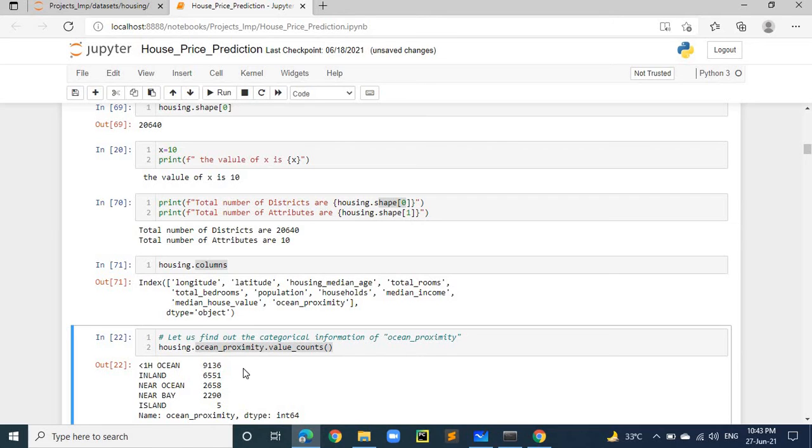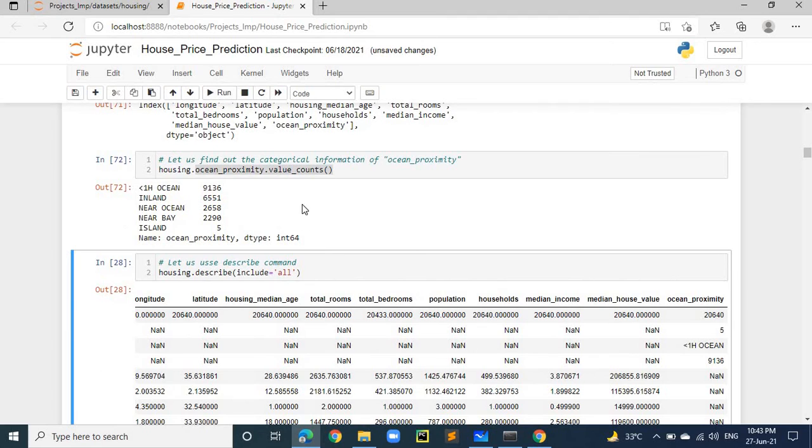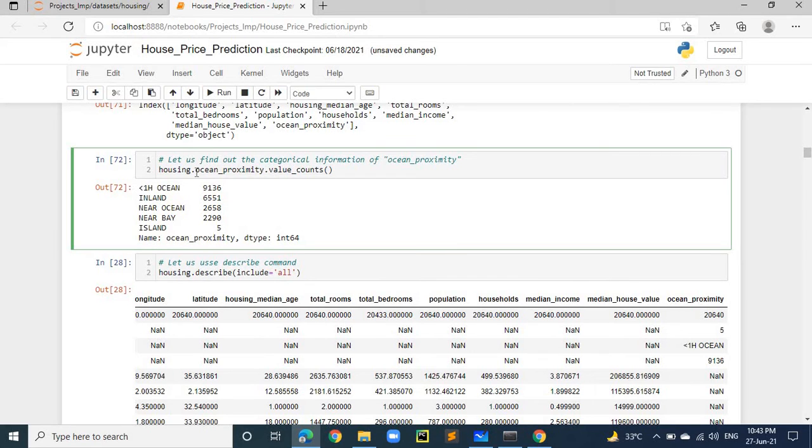If you want to see the categorical column ocean proximity, the different values under that category and how many records are there, you can use value_counts. Here this is the table name, this is the column name, and I want to count how many records each category inside the column has. So I can use the value_counts function.